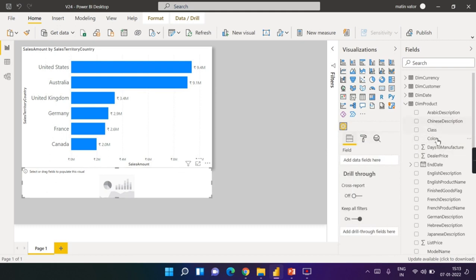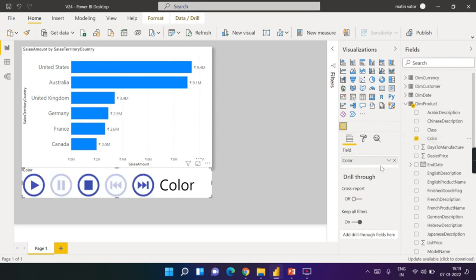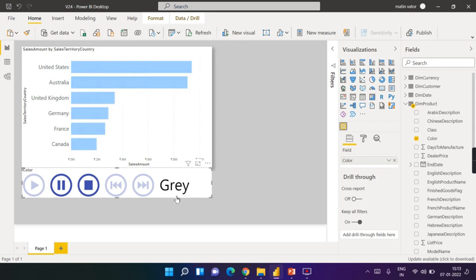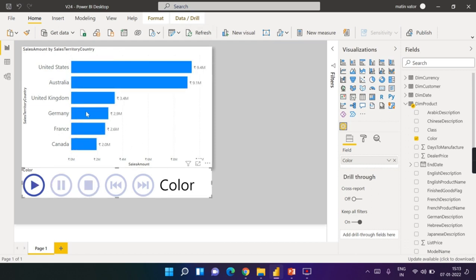Now I'm using the play axis for different colors. Let us see what will happen. Now you can see it is filtering for different colors, gray, multicolor, red. This is how it is behaving. You can see from the diagram.